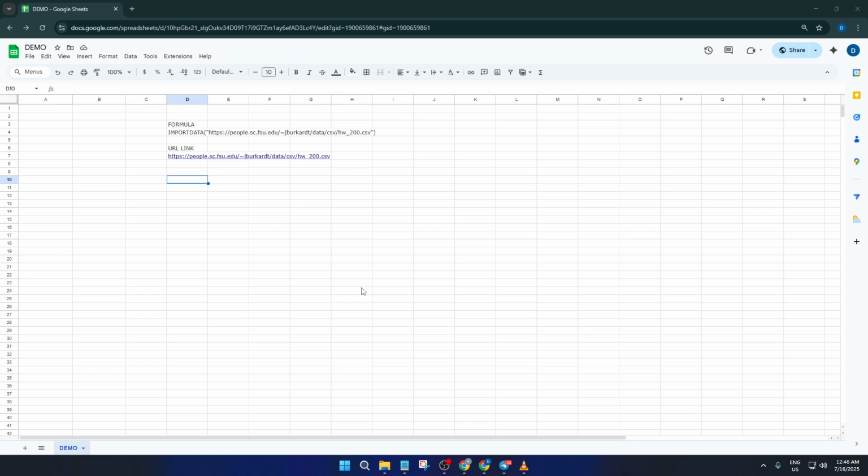Let's dive right in. First, we'll be working with a sample CSV file that's hosted publicly on the internet. CSV stands for comma-separated values, and it's basically a super simple spreadsheet file that almost any data app can understand. Having a properly formatted and easily accessible CSV file is important because IMPORTDATA depends on it. Here's the URL we'll use: